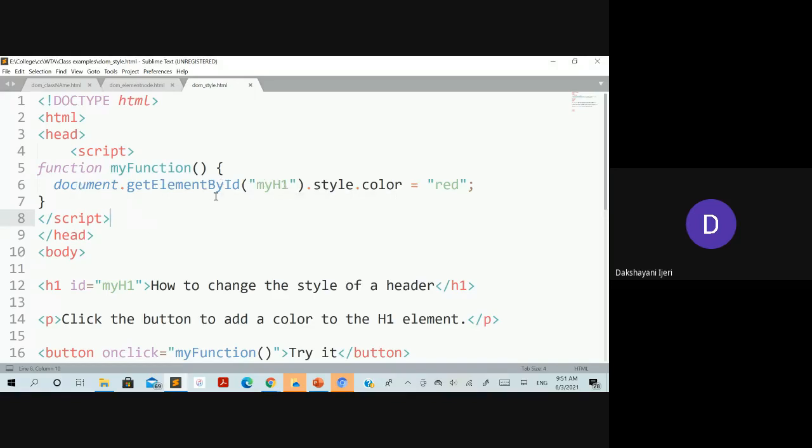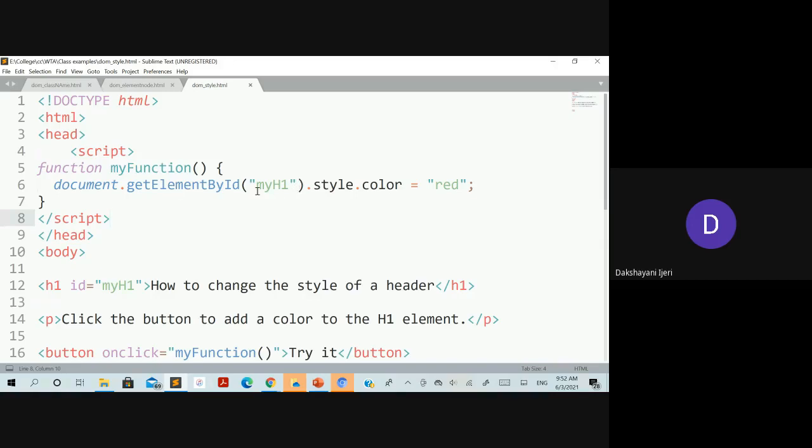Once you get that element, we want to apply some style to it. How to do that? You write dot style. Do not get confused here. getElementById is a method associated with the particular element, and these two, style and color, are properties.